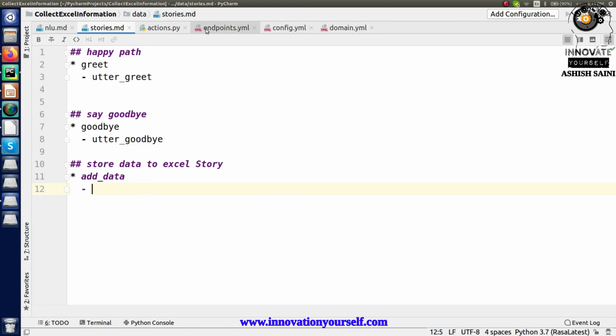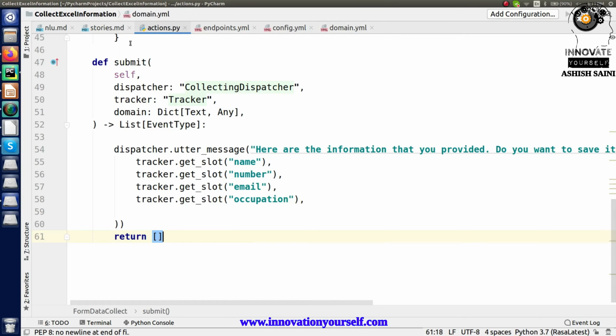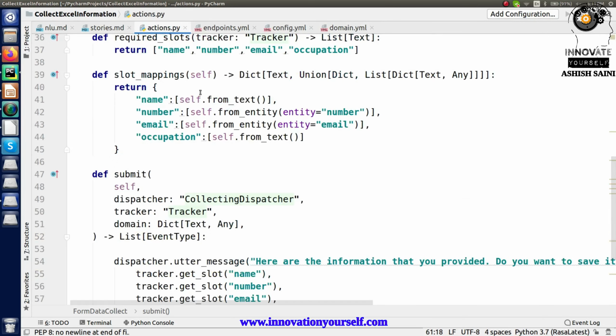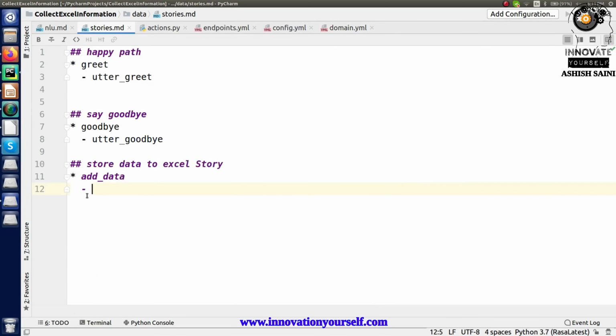So what's the name of your form? Just go to the domain, or you can directly go to the action as well, because here you have given it a name, right? So just copy this name, paste it here, go to the next line, type form, and inside the form you have to mention name colon and the name of your form whichever you have specified.